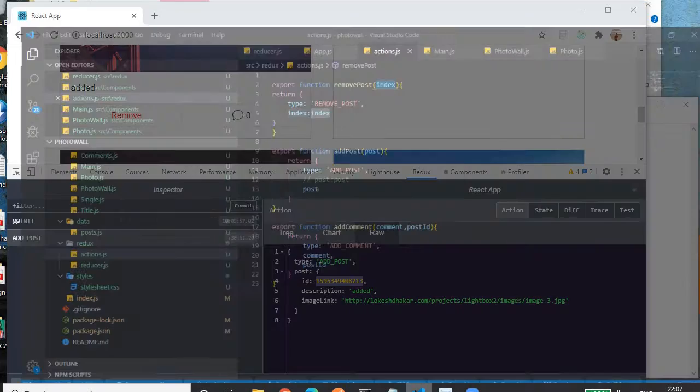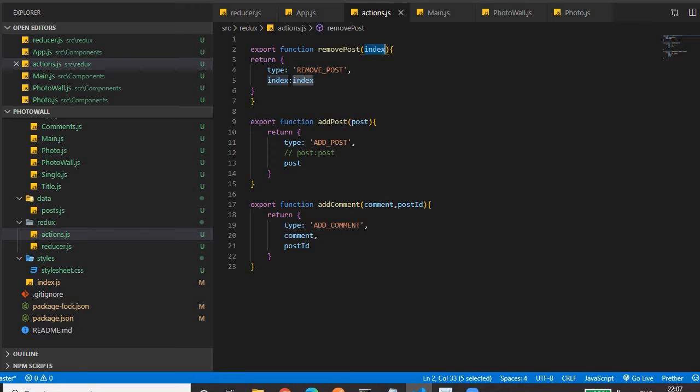We'll go to that through the code. So this is the add post, which takes the post object which we have to provide as a payload. Here the payload and key name are the same, so that's why we can give it like this, or we can write it this way also, post colon post. Usually this is the ES6 way. If the property and value name are the same, then you can provide it like this, so it will be used as both value and property.